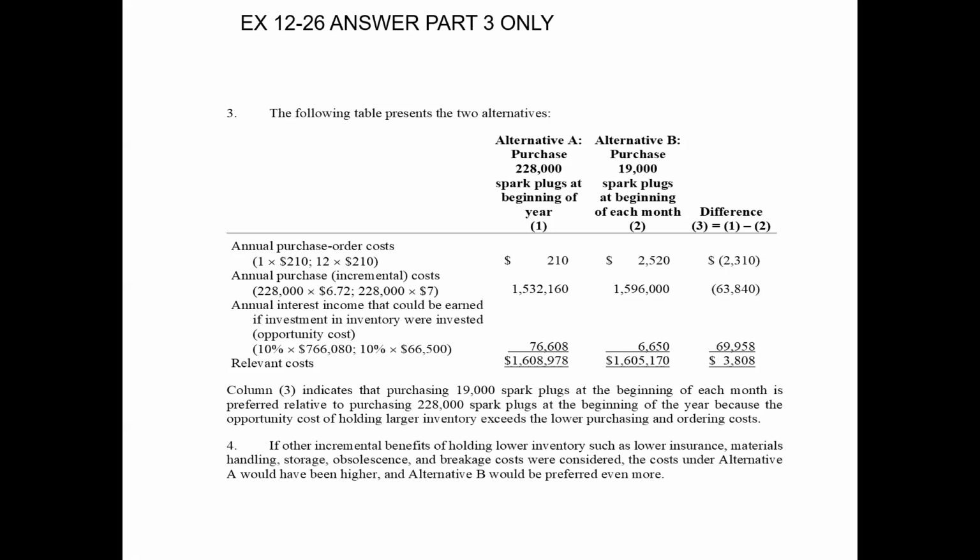Again, storing all of those batteries could be very, very problematic. 228,000 versus the 19,000 per month. It's possible that the batteries become obsolete. New batteries might come up within that 12-month period. Breakage cost, theft cost. So all of these costs would probably increase alternative A, and thus alternative B would be